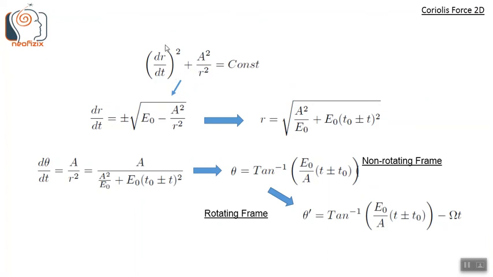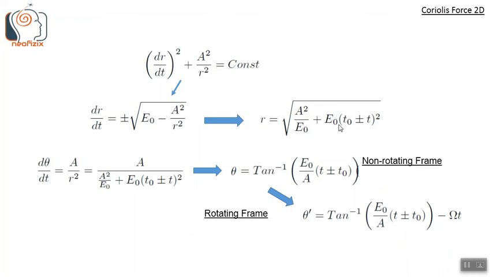From the energy equation, we can work out the variation of the radial distance r with respect to time. Basically, we get dr by dt as this expression, and this can be easily integrated to get the solution for r, that is, r as a function of time t. Actually, in all these places, E naught must be replaced by 2 E naught. Sorry about that, but since it is a constant, it does not change the solution format in any way.